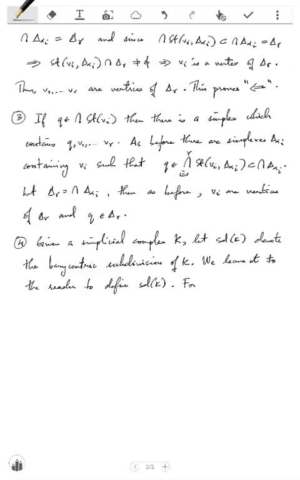So we just give one example. If K is equal to as before, then the barycentric subdivision is